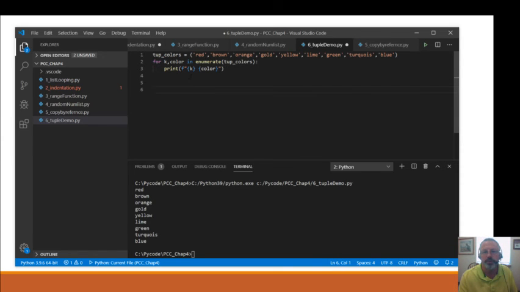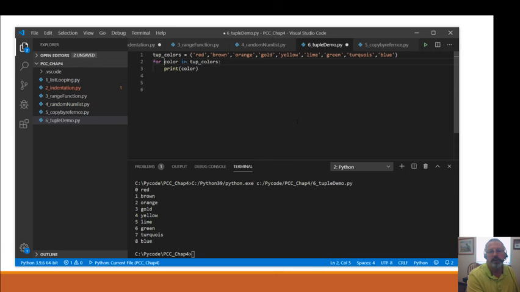Okay, so we should be able to print the formatted colors, and again we're getting the enumeration and the colors. It's the same as we did with a list. We just enumerated and did them.